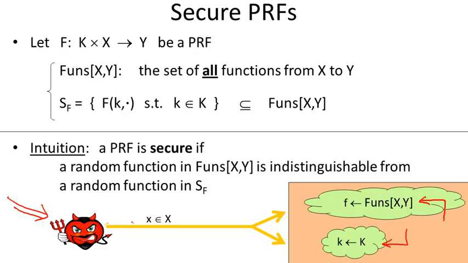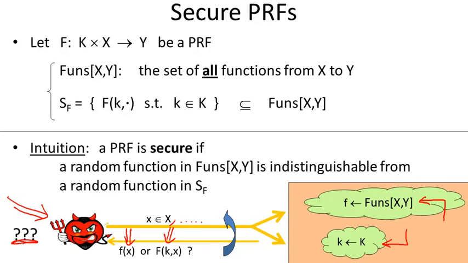Now what this adversary is going to do is submit points in X. He's going to submit a bunch of X's, and in fact he's going to do this again and again. So he's going to submit x1, x2, x3, x4. And then for each one of those queries, we're going to give him either the value of the truly random function at the point x, or the value of the pseudo-random function at the point x. The adversary doesn't know which one he's getting. By the way, for all queries, he's always getting either the truly random function or the pseudo-random function. In other words, he's either interacting with a truly random function for all his queries, or he's interacting with a pseudo-random function for all his queries. And we say that the PRF is secure if this poor adversary can't tell the difference. He cannot tell whether he's interacting with a truly random function or interacting